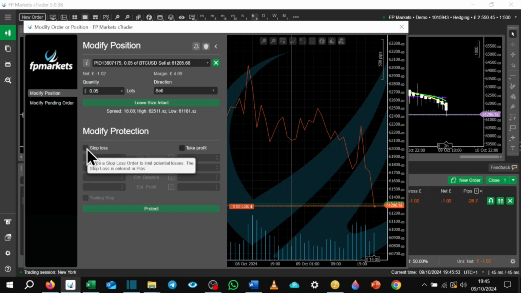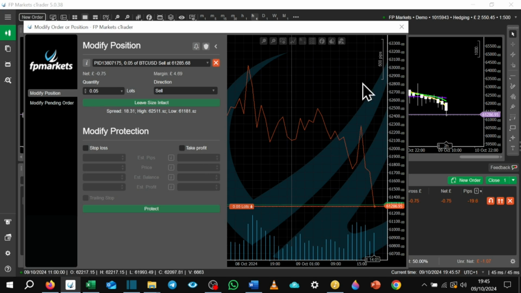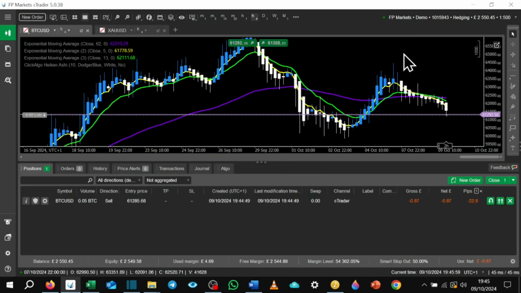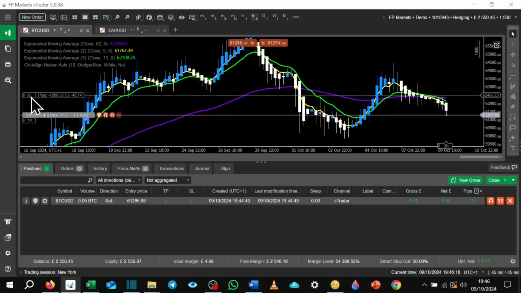Obviously you will need to put your stop loss in as well, and your take profit if you want a take profit to be hit. So that is now set. So when the market moves 500 pips in your direction, so as you can see down here, we're currently minus 23 pips. So when this is plus 500 pips, automatically your stop loss that is set, say your stop loss is there,